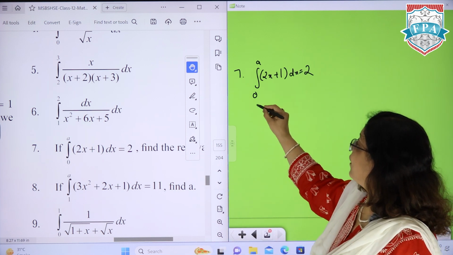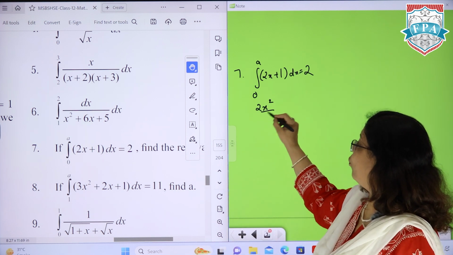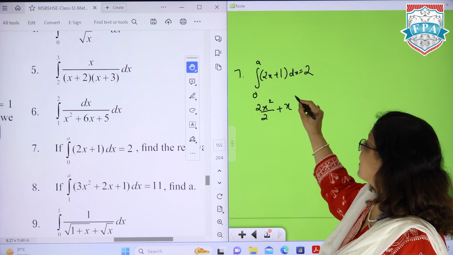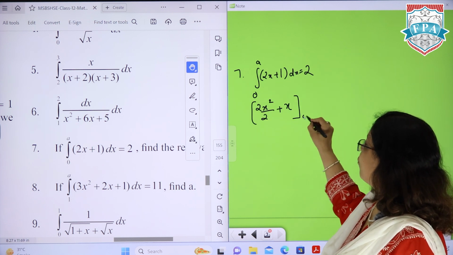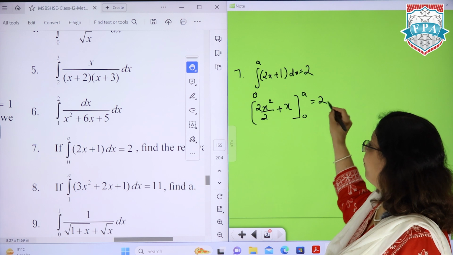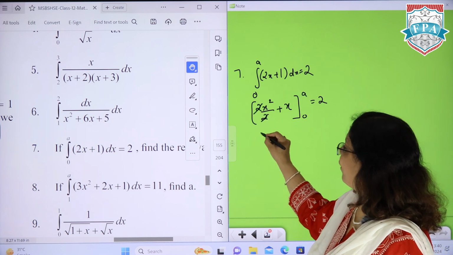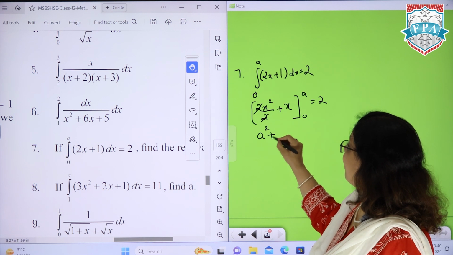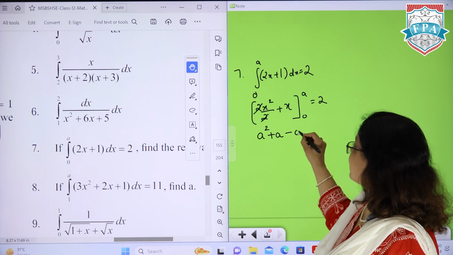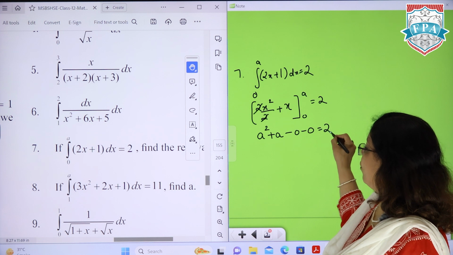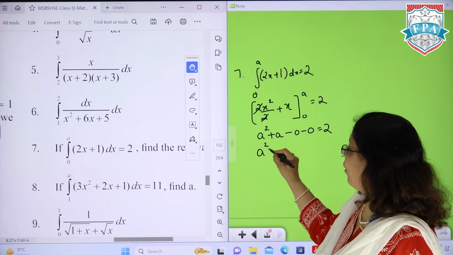So first we'll go with the integration. It is 2x square by 2 plus x, from 0 to a, which is equal to 2. So x square plus x, we put the value, and you are getting a square plus a minus 0 is equal to 2, and this will become your